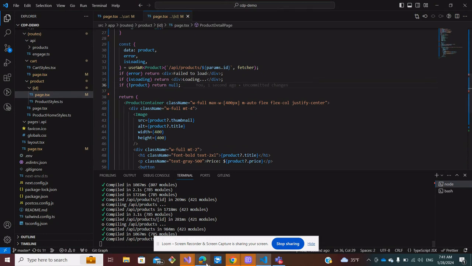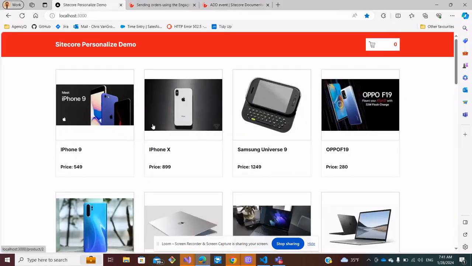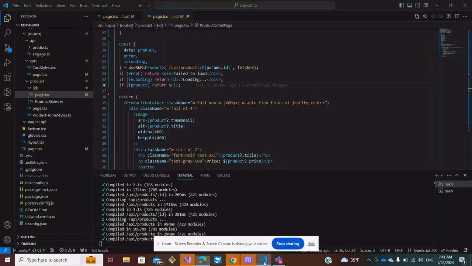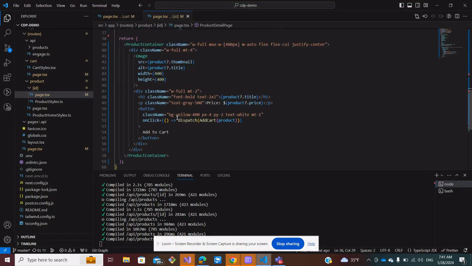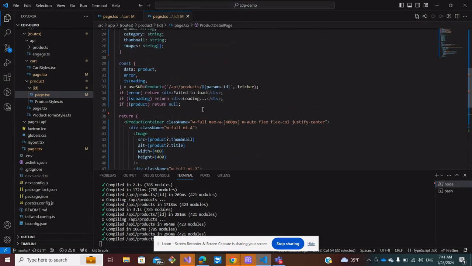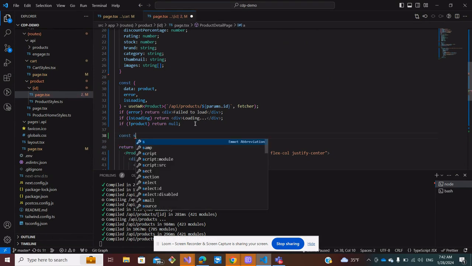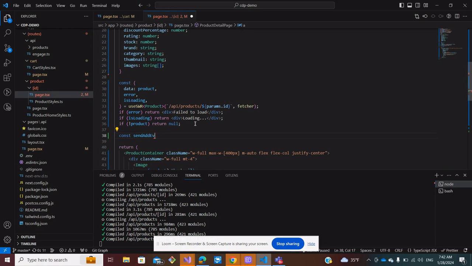So here we are. Let's just look at where we are in the website first. Let's go to iPhone X. So I'm going to create an add event when they click on this button right here. And currently they are just dispatching that item to Redux. But we're going to call, I'm just going to create a function, send add event,